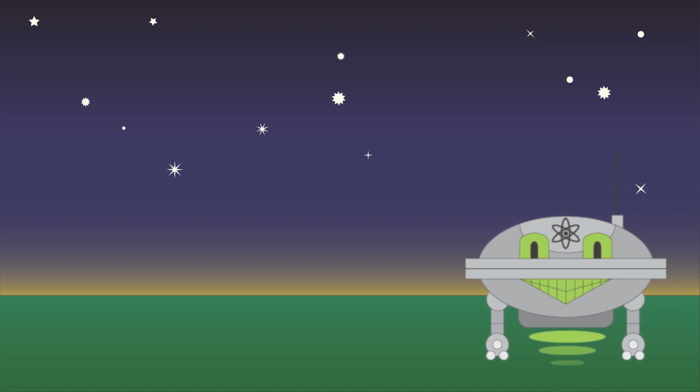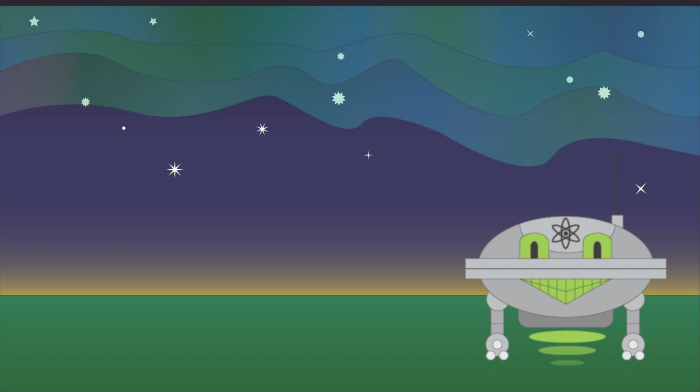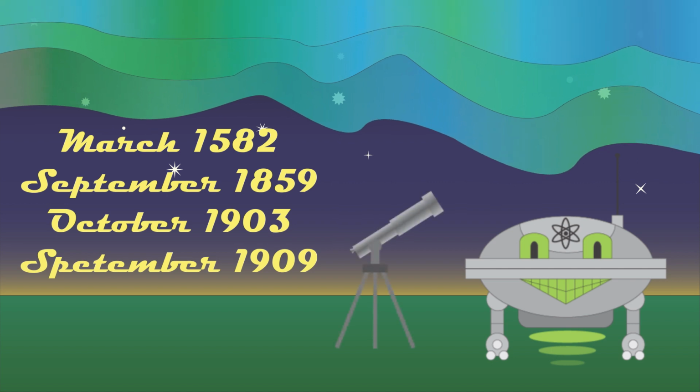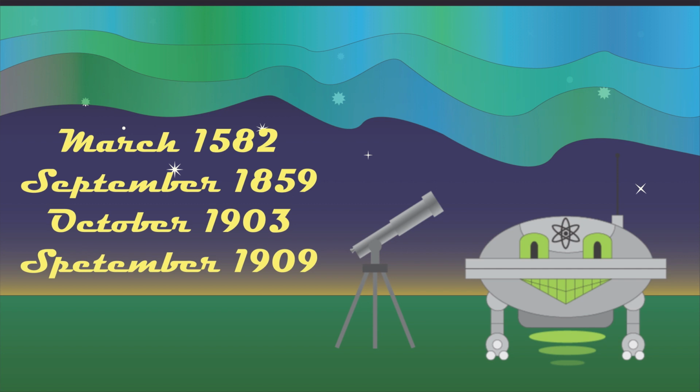Even if they haven't affected the Earth too often, they still have done so, with some solar storms being powerful enough to affect humanity in some way. Some of the earliest dates with extremely large solar storms were March in 1582, September in 1859, October in 1903, and September of 1909, with these storms' only effect being extremely large auroras being seen near to the equator.